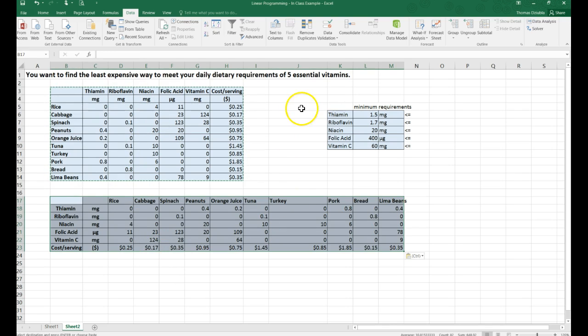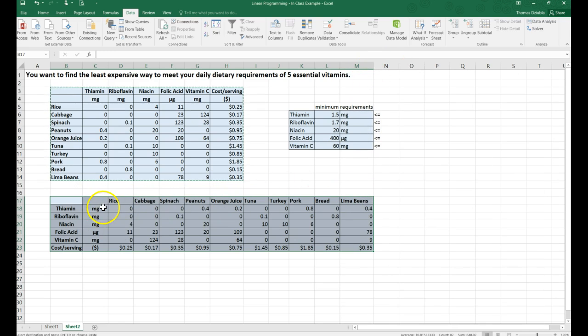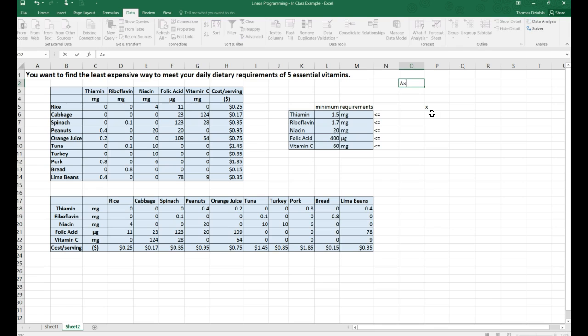So now we have this nice table of values where the types of food are along this direction, and all our essential minerals and so forth are in this direction. Great. And so we have that. Nice. Now we can create our x vector. So if we're going to put this in matrix notation, we are going to say Ax is equal to b, right? So we need an x vector that is our